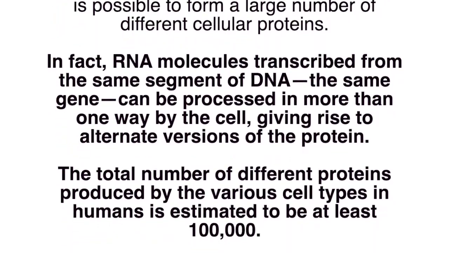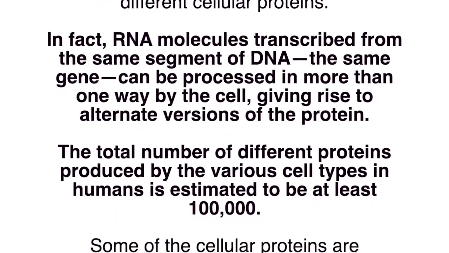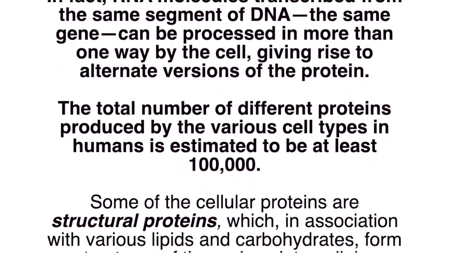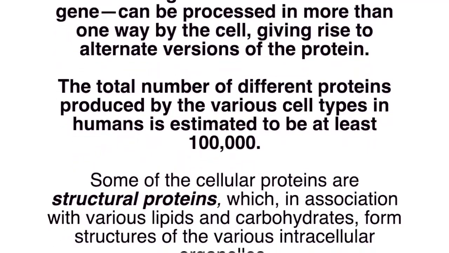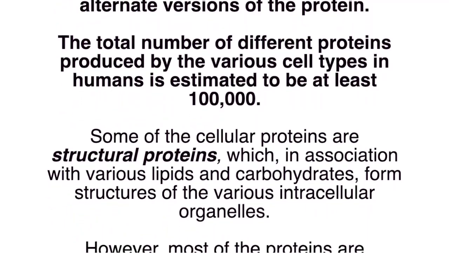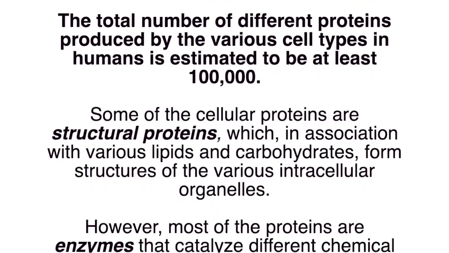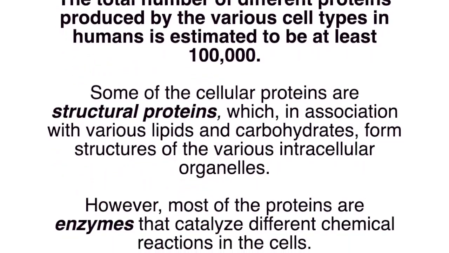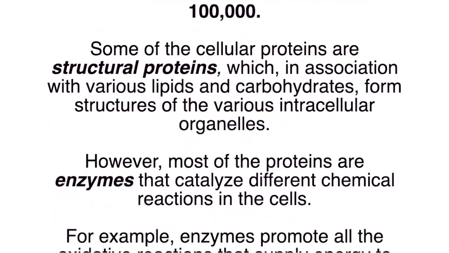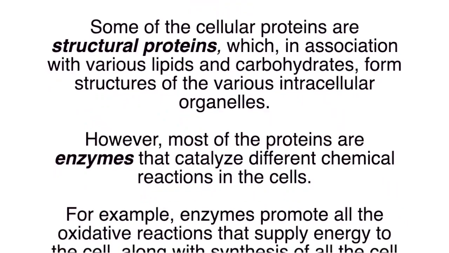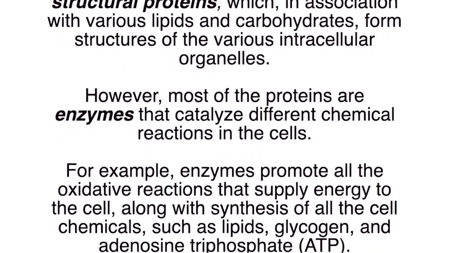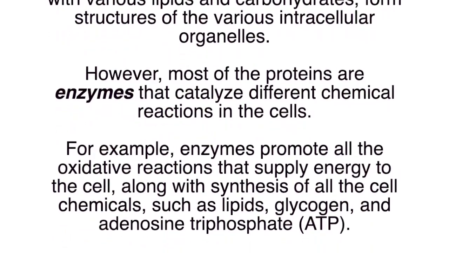In fact, RNA molecules transcribed from the same segment of DNA, the same gene, can be processed in more than one way by the cell, giving rise to alternate versions of the protein. The total number of different proteins produced by the various cell types in humans is estimated to be at least 100,000. Some of the cellular proteins are structural proteins, which in association with various lipids and carbohydrates form structures of